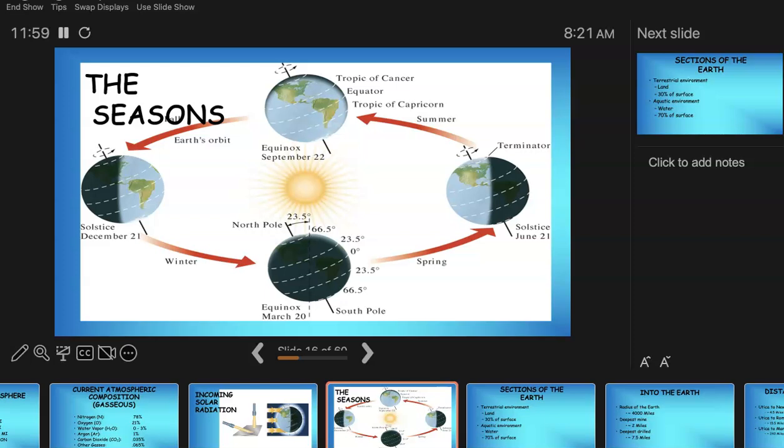My Earth Science class does a really cool lab where we actually look at real solar data and we track when this stuff really happens. I don't know if they find it cool, but I think it's kind of neat. So what's happening then is we move from